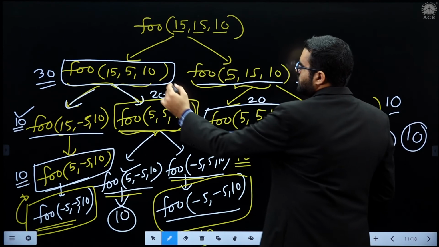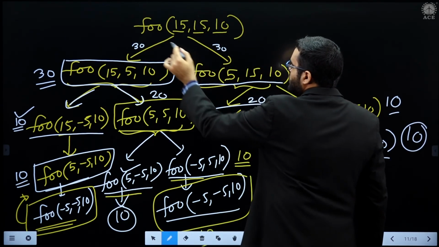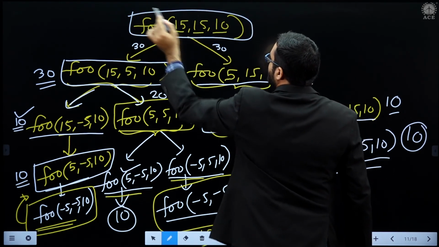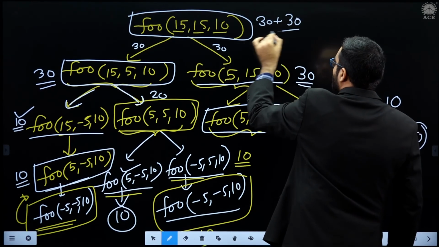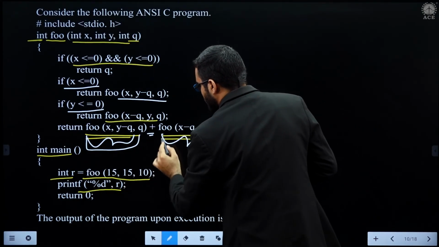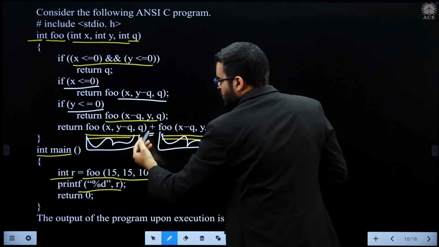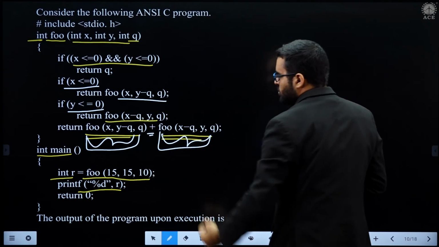Again we have two branches. This branch is returning the value 30, and this branch is returning the value 30. So this main function call will return 30 plus 30, because you can notice here that this is the left branch and this is the right branch, and we add the value returned by the left branch and the value returned by the right branch.